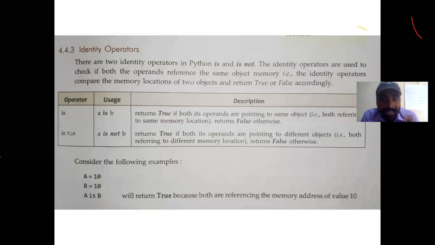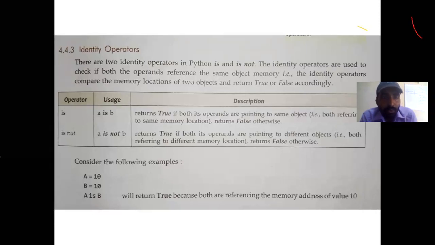Okay. And this same thing happens with the equality operator. Equality, that is double equal, we write double equal. Relational operator you have studied just now, na? In relational operator there is one operator, double equal. So when we write double equal, it checks the equality, whether two values are equal or not. So there is a minor difference between equality and identity operator. I will tell just now what is the difference, minor difference between the identity operator and equality operator.